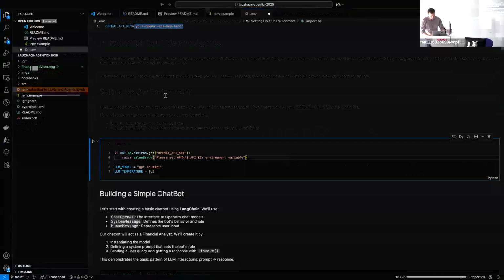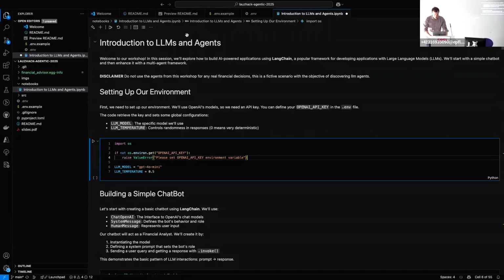So I will just do the first part of the notebook, and then Younes will do the second part, a bit more complex agentic system. So I hope you all have created an environment and also have a key in the .env. Now that we set up everything, we can begin the workshop. The goal of the workshop is to build a bot, a finance analyst bot. And for that,